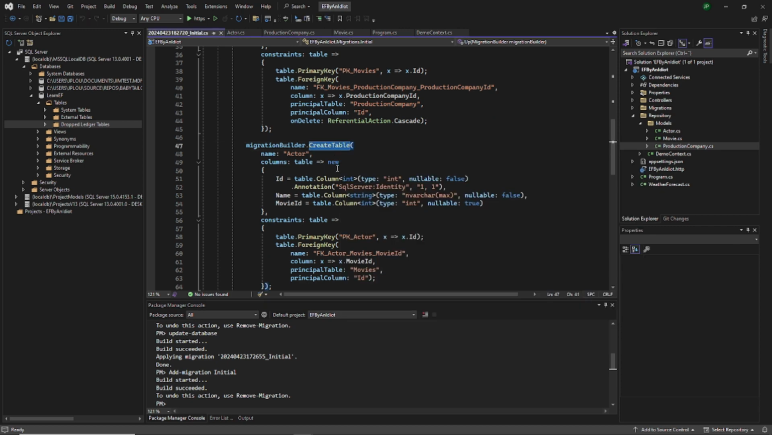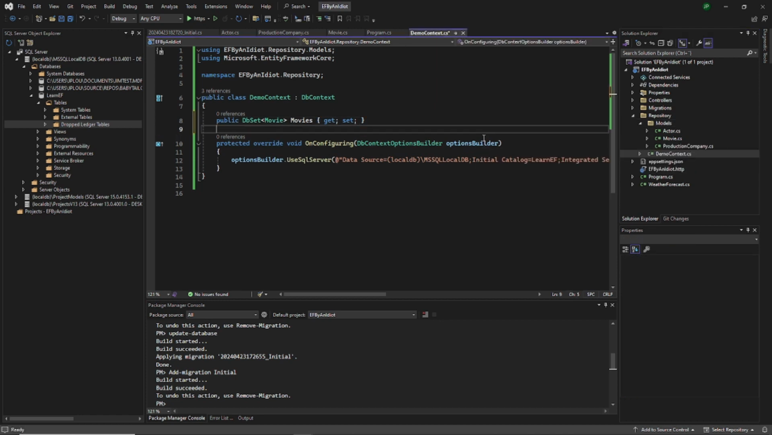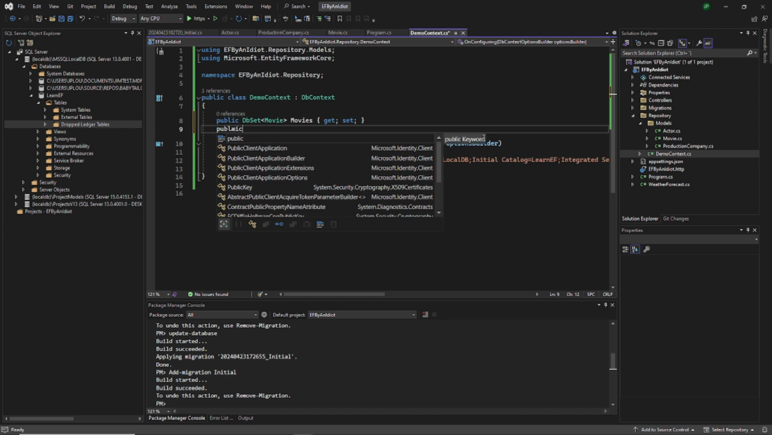It creates the tables. That's interesting. So it just goes into... Well, I learned something new. Anywho, we still need to go in here and go public